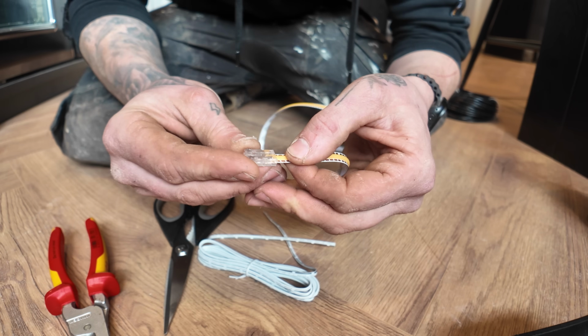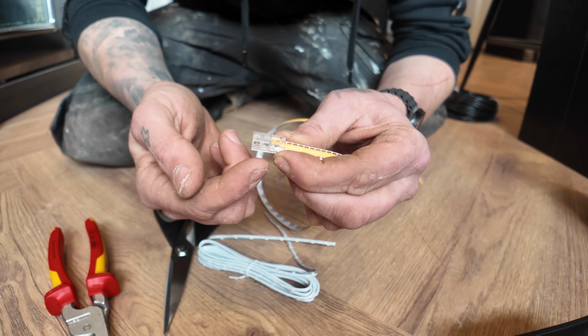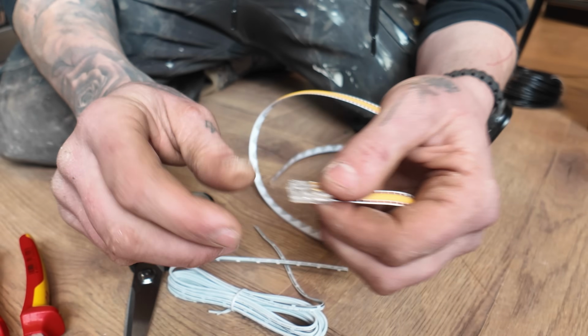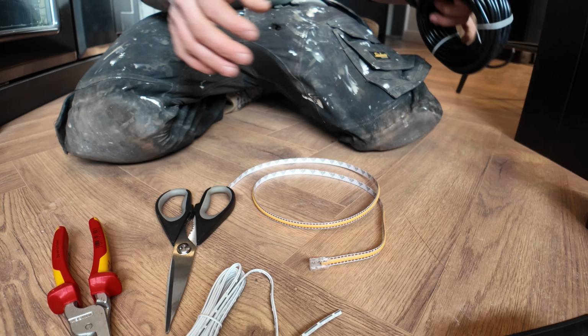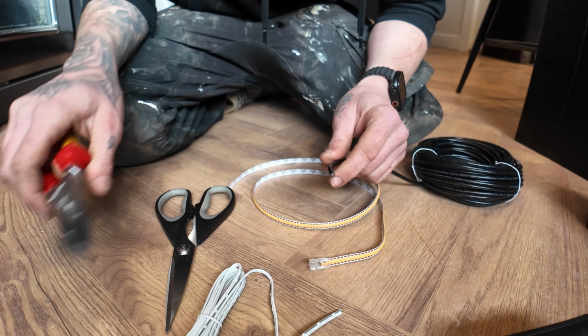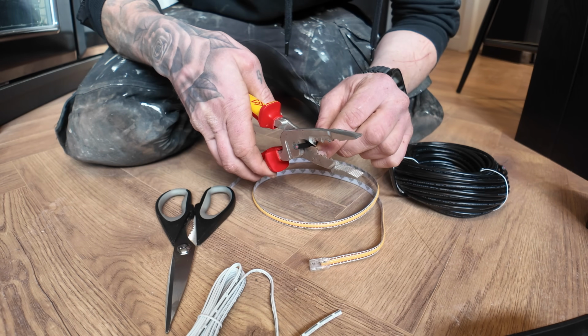So if I just slot that in that side, I'm not going to crimp this down because this first bridge is a double bridge, which also goes into the cables as well. And this is also for the cable, just to be on the safe side when you push that through. But because I've used this cable, which is double insulated, I will have to strip back what I need. Let's say